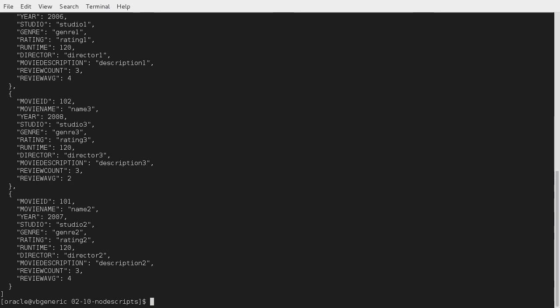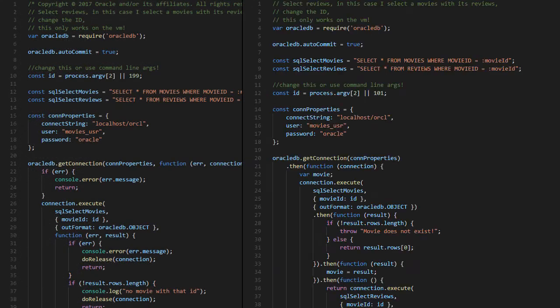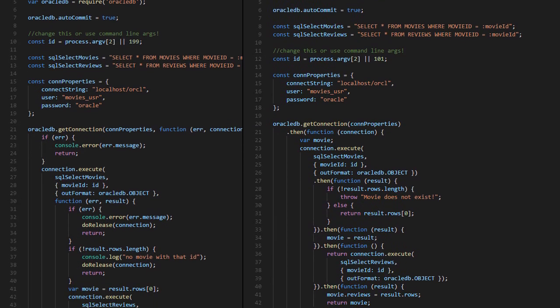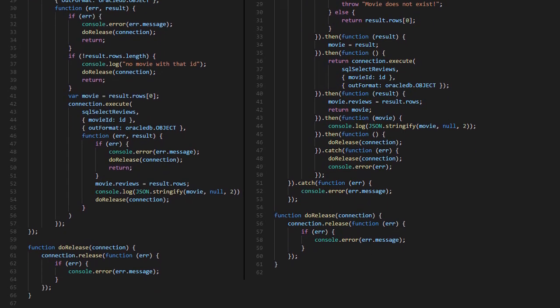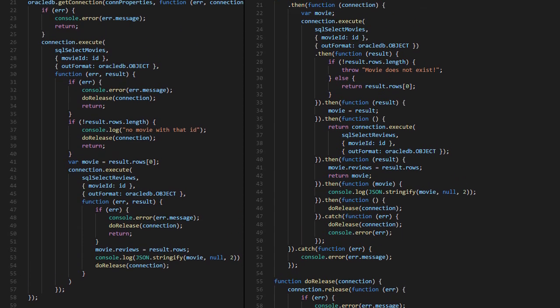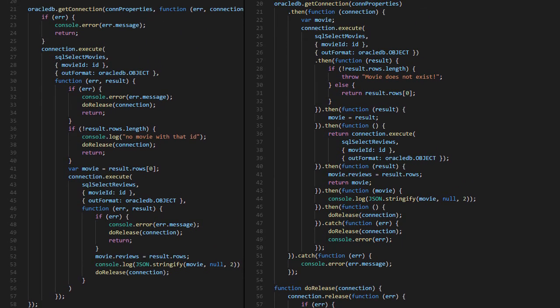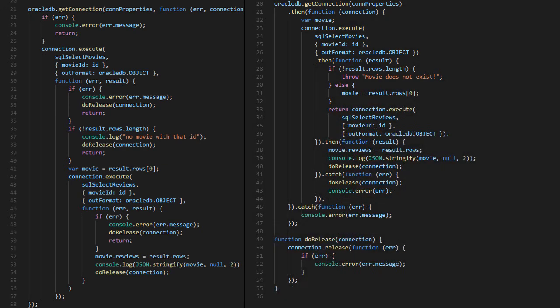Now, selecting a movie and its reviews. Once again, there's a reduction in lines of code, but the function nesting is gone, especially in the two sequenced queries. In this case, I have a compact version of the select detail script and a more verbose one. Functionally, they are the same. One of them explicitly invokes each step in a separate then function, while the other piggybacks calls to minimize the number of functions required. What is noteworthy of the version that uses promises is that the queries are executed sequentially and there is a common catch.